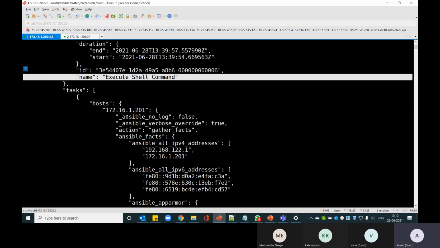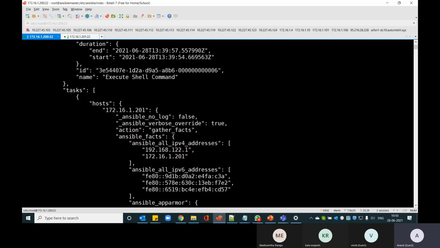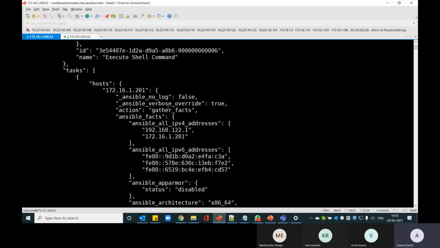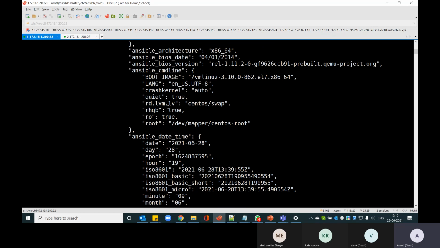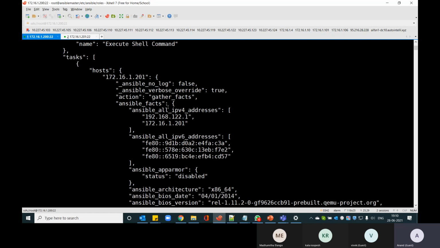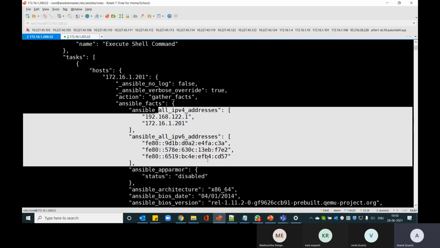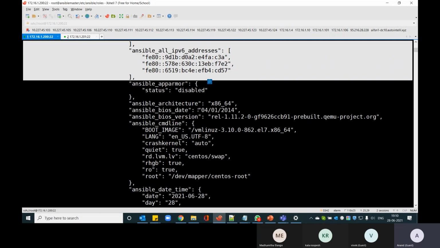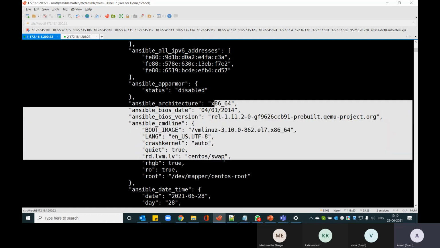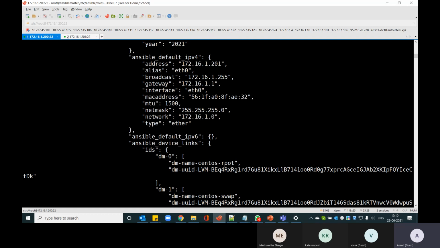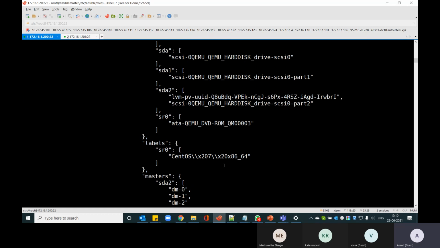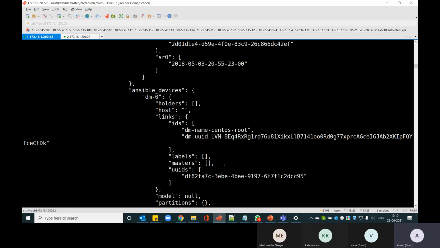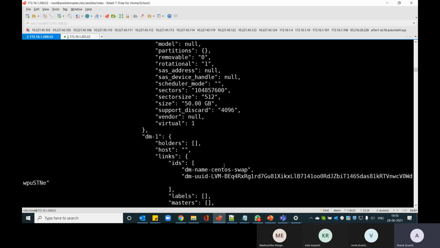What is the name that we executed, and the task, on which host, which IP it was run, and all the facts which are gathered in the first case. The output of the facts will also be in JSON. I can use all this useful information, like all the IP addresses in the targeted machine, the BIOS date, architecture of the machine, root image, date time status. Almost every piece of information about the server will be available for use.